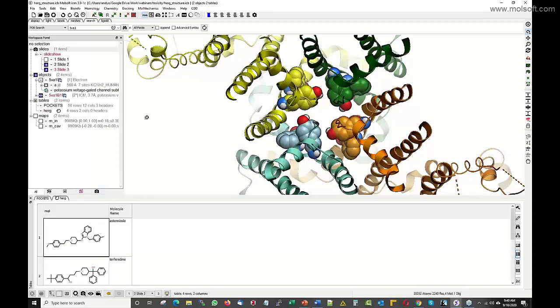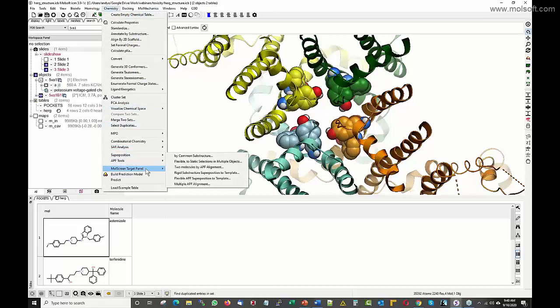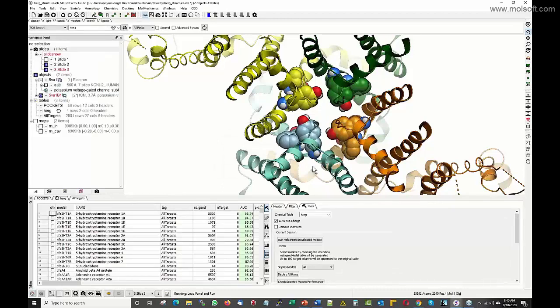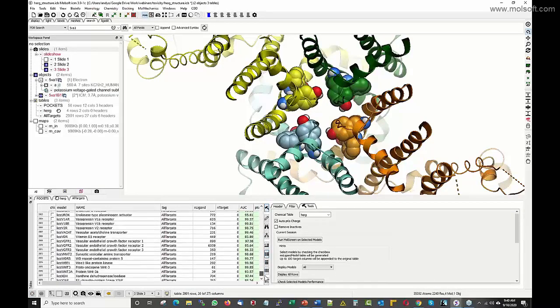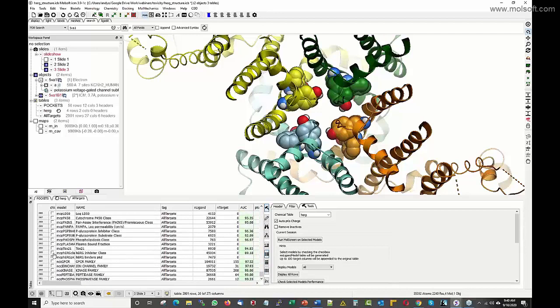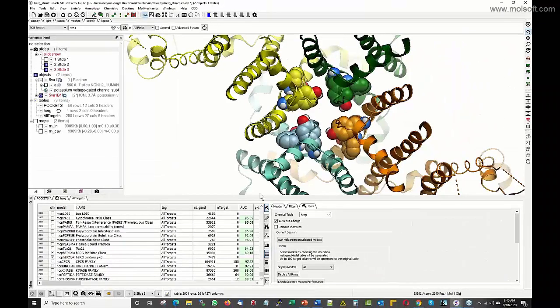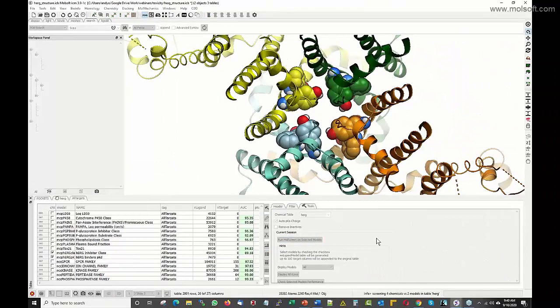So to predict the hERG interaction, we need to go to chemistry, MolScreen panel, load panel, and go OK. And we find the hERG models. There's hERG for classification, so whether it's an inhibitor or not. And there's also a model for predicting the pKd of your hERG binder. So you click here and here. And then you can go just as we did before, run molecules and run MolScreen, and you'll get predictions of